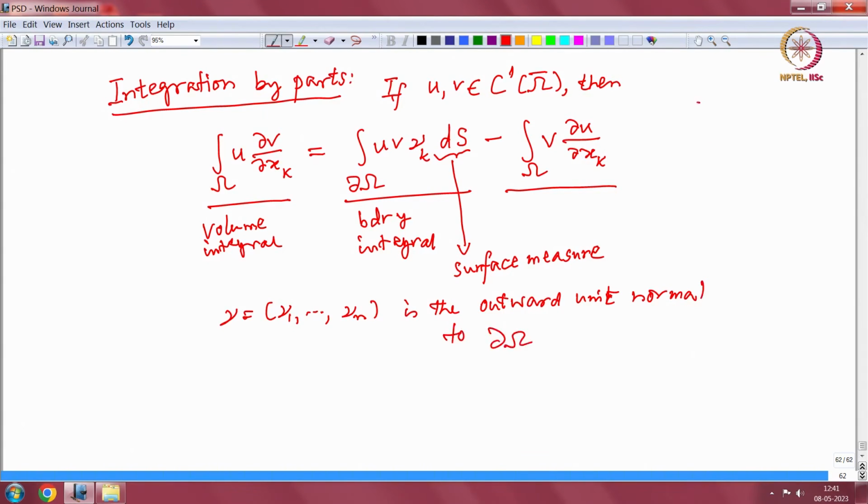Okay, so, here is the picture. So, this is omega and this is del omega. So, you pick any point here. Of course, nu depends on the point. So, this is nu. Okay, so here, in order to define this surface measure and the continuity of the outward unit normal, we require certain conditions on the boundary that will come a little later, but as of now